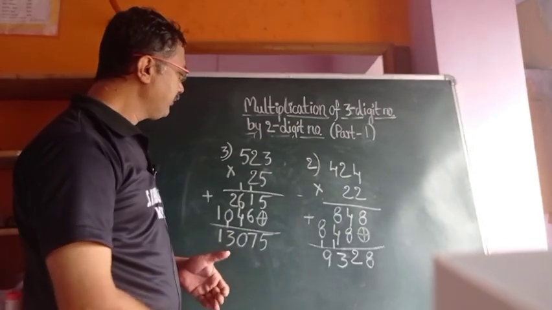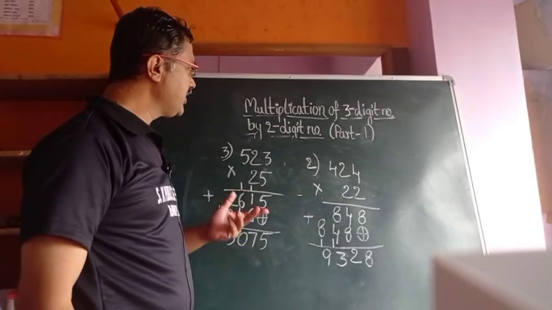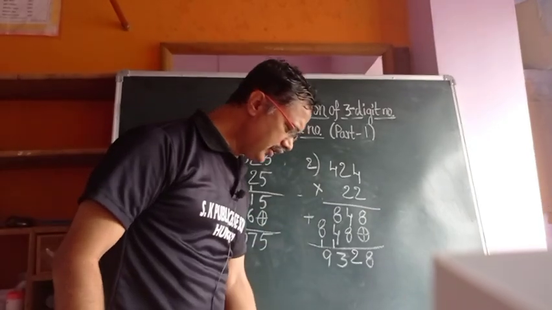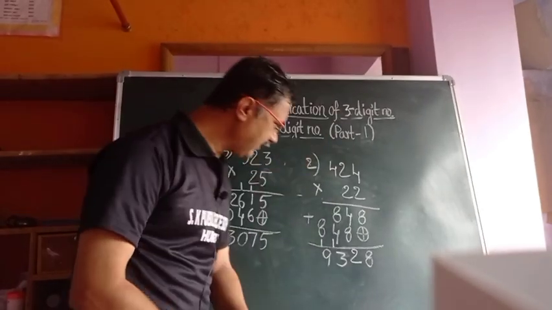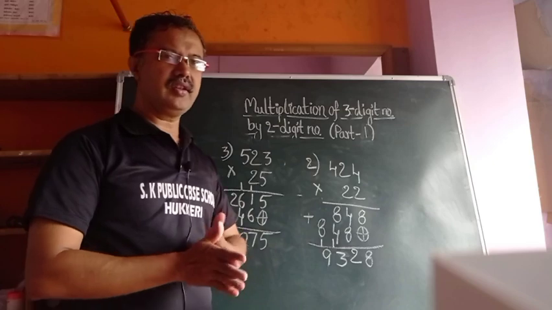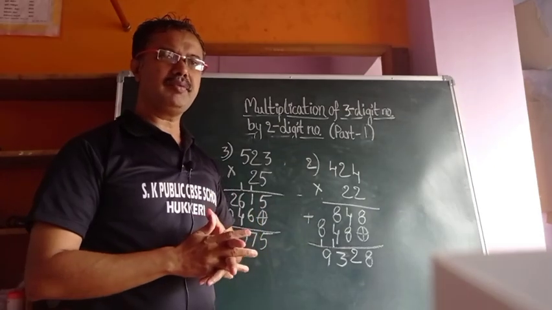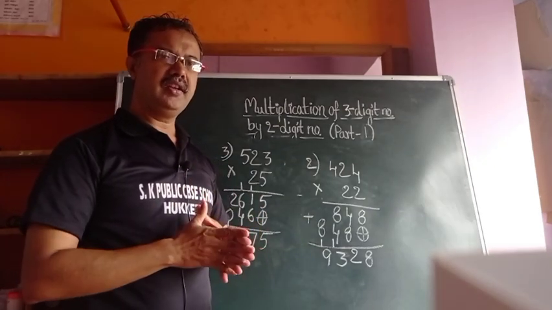Now this is the 3-digit number by 2-digit number. This way you can solve the problems. Okay, tomorrow once again we will meet, and another few